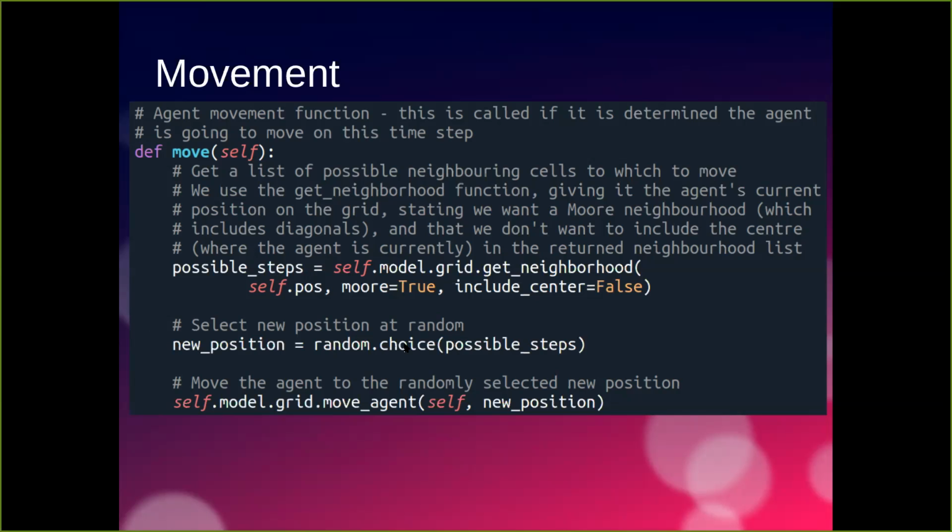Here we've randomly selected one of those, which is now stored in new position. Last thing I need to do is just tell the agent to move. And fortunately, MESA has a built-in move agent function that allows us to do exactly that. So I can simply say self.model.grid.move_agent, that's the function we need, and it just takes in 2 inputs, self, i.e. to represent it's me that's moving,